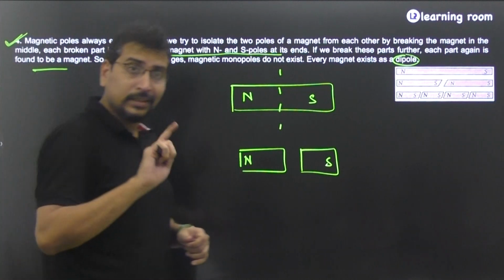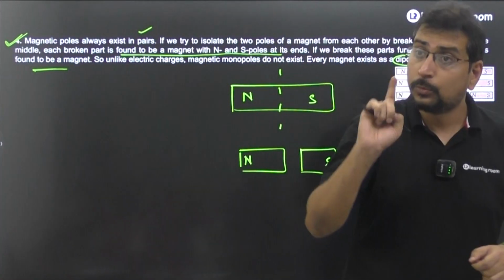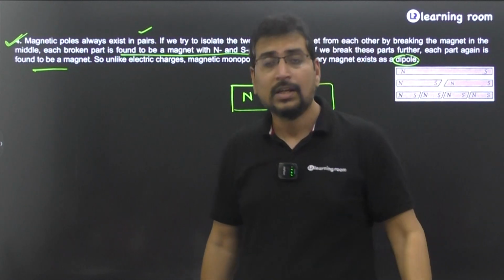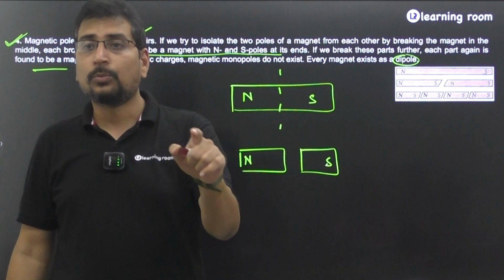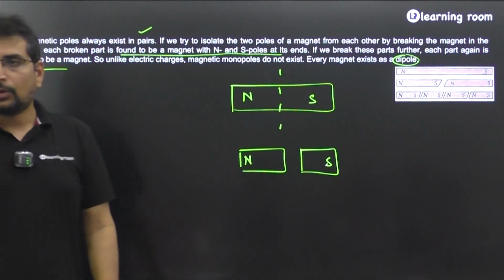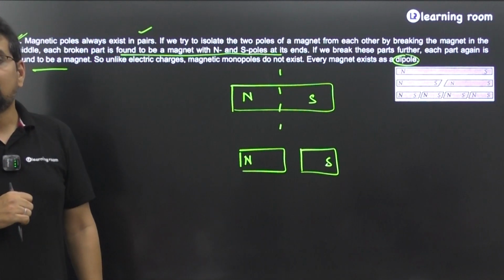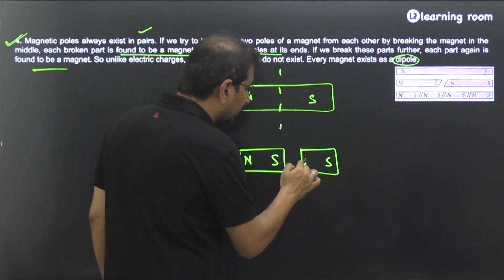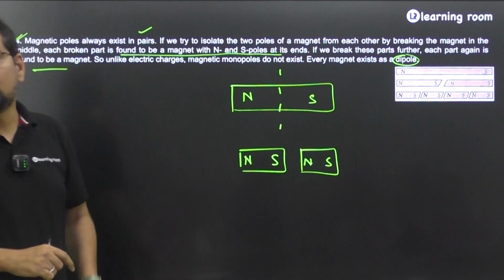Remember, unlike the electric charges, where monopoles will exist, that is, you can think of an isolated positive or an isolated negative, there is nothing like an isolated north pole or isolated south pole. North and south pole in the magnet will always exist in pairs. So this will have north-south, this will also have north-south, but the difference is going to be in such a